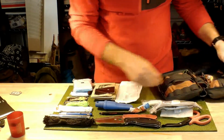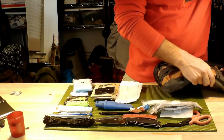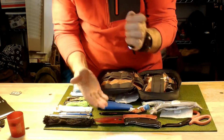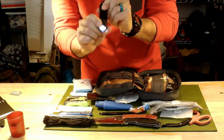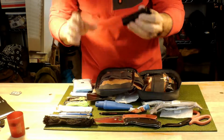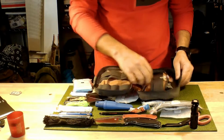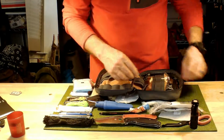Lens cleaning glass. I've got a cheapo light. It zooms in and out. Great feature. That thing was a couple bucks. It's good to have as a backup. A top screamer whistle,